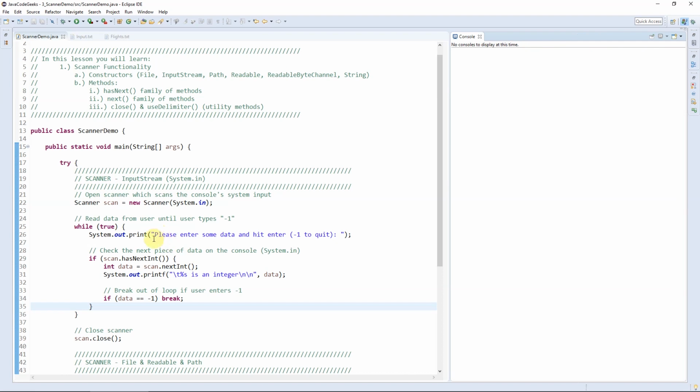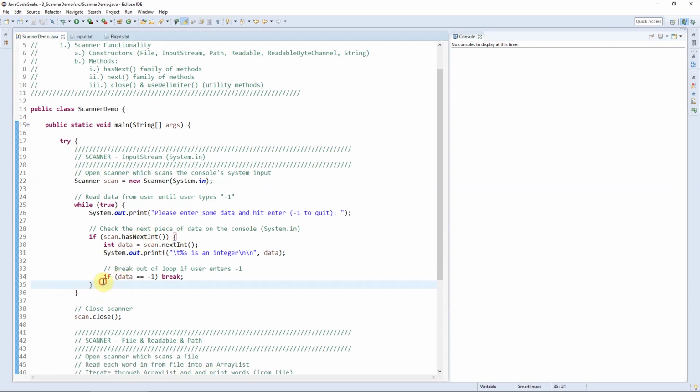Okay, so we have to update our code a little bit so that we can actually expect different types of data. So what I'm going to do is show you that this has nextInt, and nextInt is really a family of methods. These are hasNext and next. So what we can also do is say something like this: else if